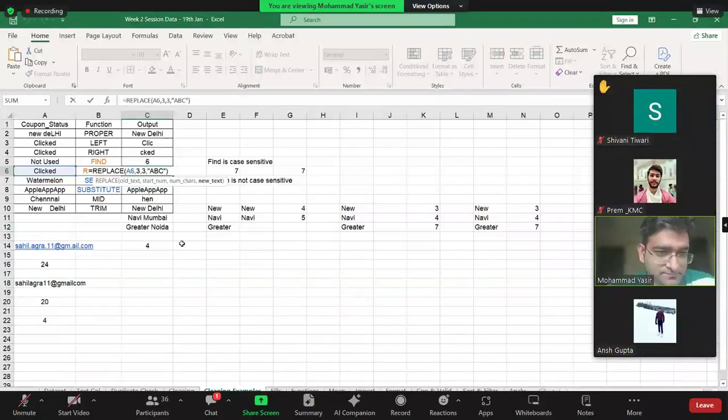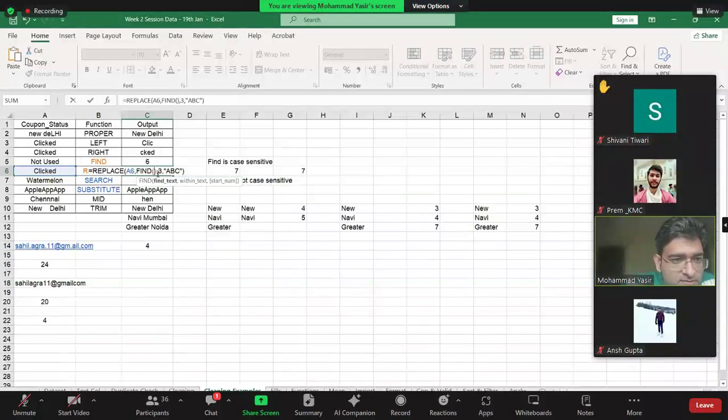I hope now my screen is visible. Okay, so I have to give all of these arguments. So find and replace are these two functions which are used together. How does it work? I can use find within replace. What am I doing?